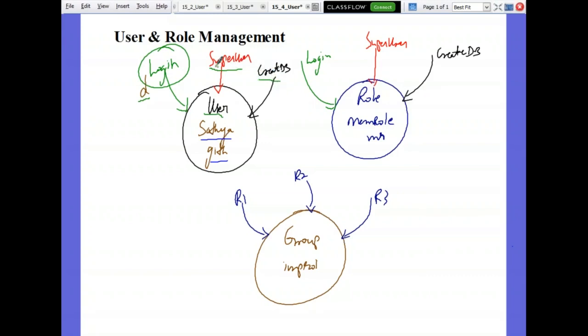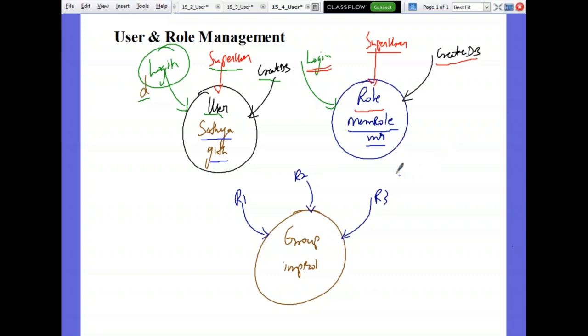Create database is not required when you assign super user, because super user can perform all database activities. The same way you can also assign for a role. By default you will not have the login option, but you can assign it. You can assign super user permission, create DB, create role. So permissions can be assigned. And whenever you create a role, you can create it with a password also. If it is a common role, you can create it without a password. And if it is a role which is important, you have to